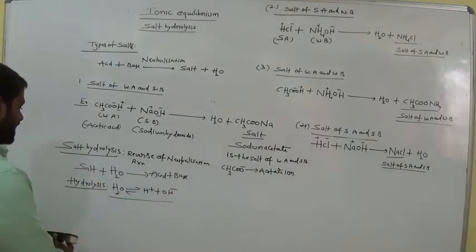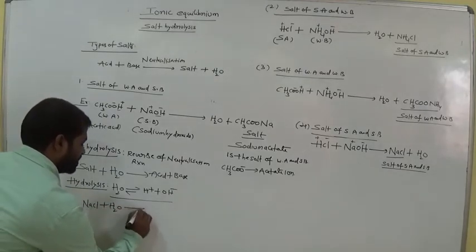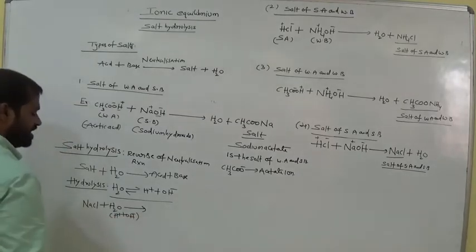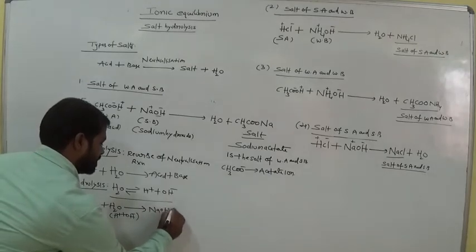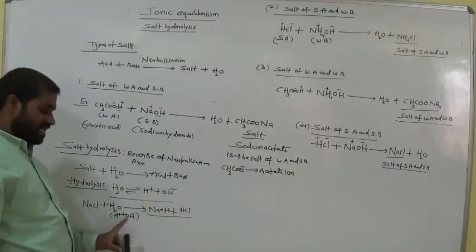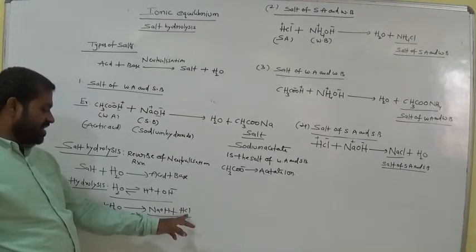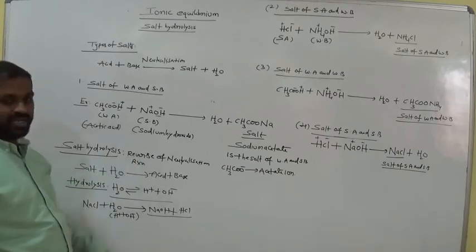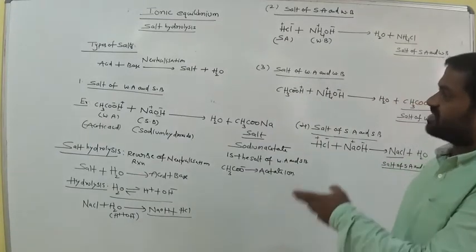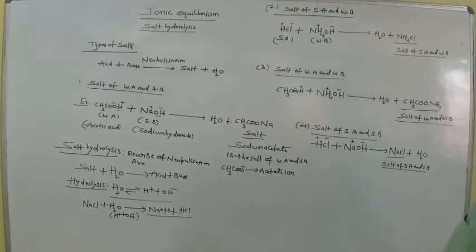Okay, clear? So let's see the example here. This is NaCl, sodium chloride, which is treated with water, which gives H plus and OH minus. It gives NaOH, sodium hydroxide, and HCl. Clear? One is acid, another one is base. That means the salt undergoes hydrolysis and gives base and acid. The reaction between acid and base again gives salt and water. So finally, salt hydrolysis means it gives again acid and base. It is the reverse of the neutralization reaction. Clear? These are the four types of salts from acid and base. Okay, clear all of you?